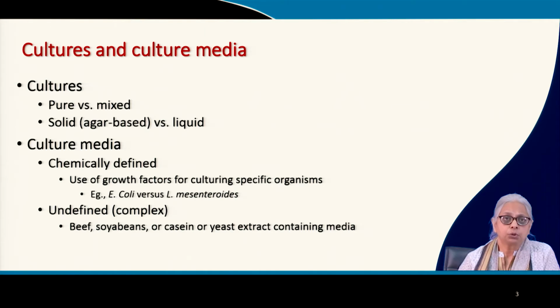Now, when we talk about growing cultures of bacteria in the lab, how can it be done? The first thing is to understand what the different types of cultures are. The first is pure versus mixed. When I'm growing a culture in the lab, it can be a single species, in which case we call it a pure culture. And if we take a bacterial consortium, for example, if I take a soil sample and use it to inoculate my media, then I will have a large number of organisms, not just bacteria, but fungi and so many other organisms. So in that case, it becomes a mixed culture. So that is the first difference.